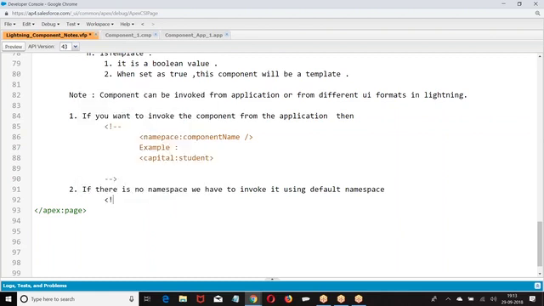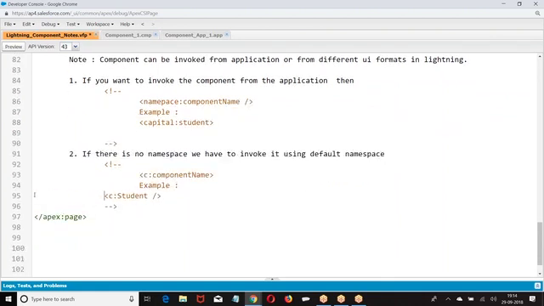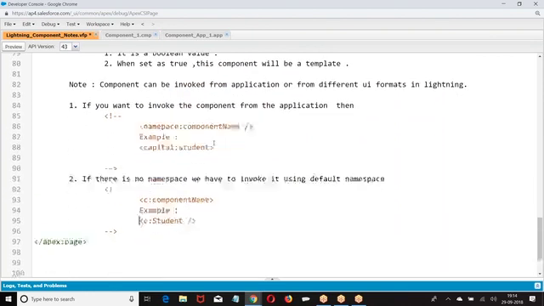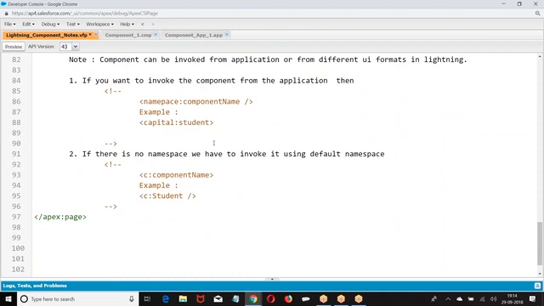So what is the default namespace? We are supposed to give C colon. This is how we are calling. So if you want to invoke a component within the application, namespace colon component name or else C colon component name. C colon will be the default namespace for you.